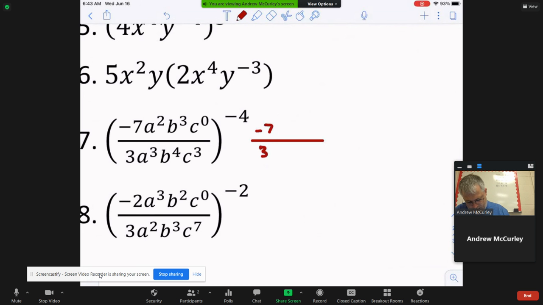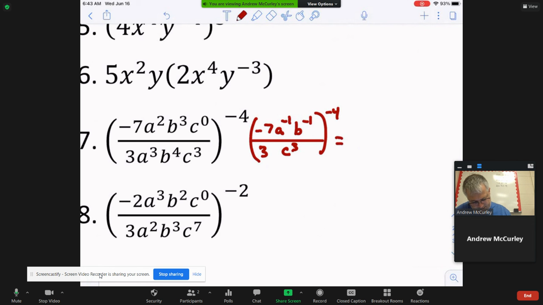cubed. All right, I've got a to the 2 minus 3, so a to the negative first, b to the 3 minus 4, so that's going to be -1. C to the 0 is gone, so then c to the third can just stay down here. Or I could have said quotient rule, 0 minus 3, -3 in the top, but it's the same thing. All of this to the -4th